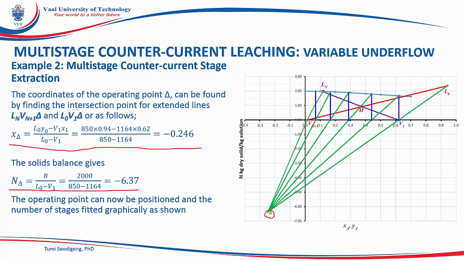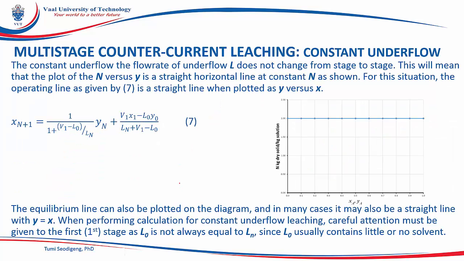As you can see, now we have met the conditions that we were targeting. We have satisfied the LN conditions, which means that we will need 5 stages to achieve the leaching recovery that we were looking for. So this basically concludes our example on multi-stage countercurrent leaching using variable underflow. Let us now look at the next step, where we are going to look at